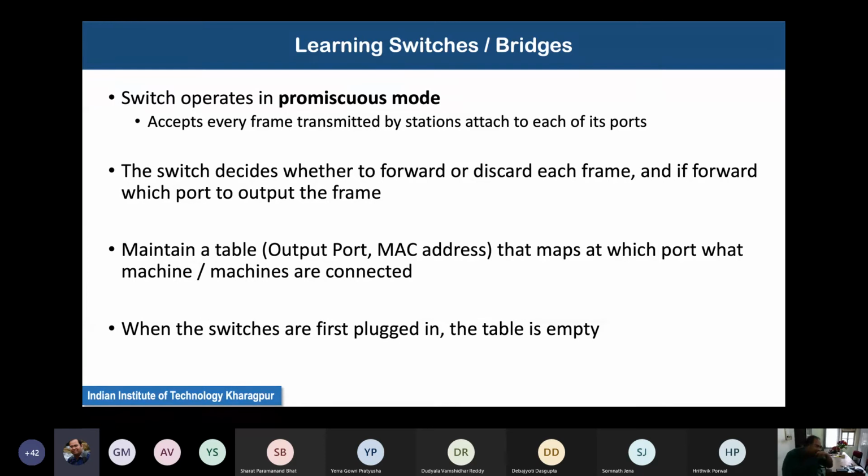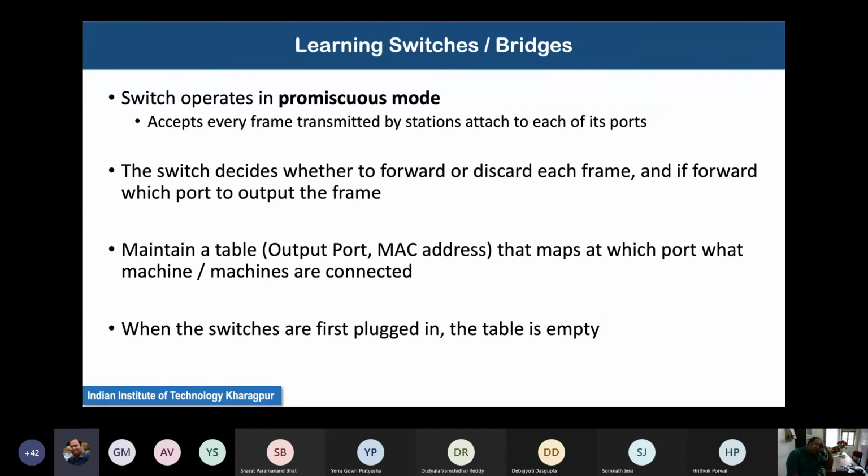So in promiscuous mode, as you can imagine, it is accepting every frame. That means it is not only accepting its own frames, but also the frames coming from others. At that stage, the switch needs to decide whether to forward or discard those frames. If the frame is intended for this switch, then it accepts the frame.